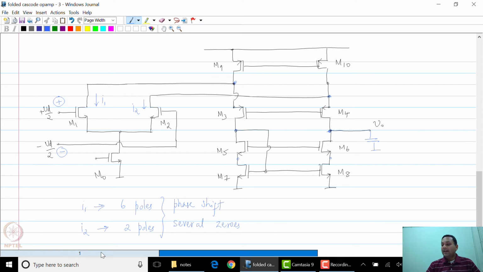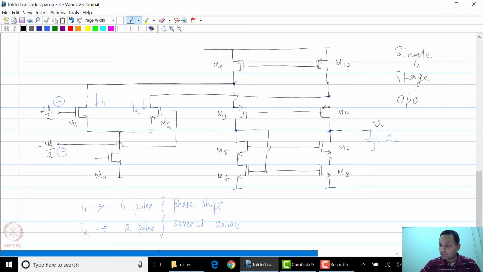Number two, we also want to know what is the dominant pole in this particular structure, and as you might expect, you should expect that the largest capacitance comes from the load capacitance, because in some sense this is still a single stage op-amp, because this is the dominant pole. The output pole is the dominant pole. So you still expect this to be a